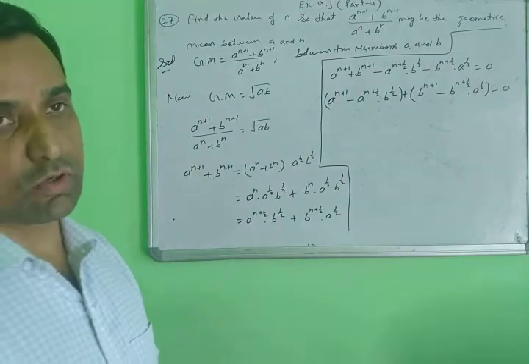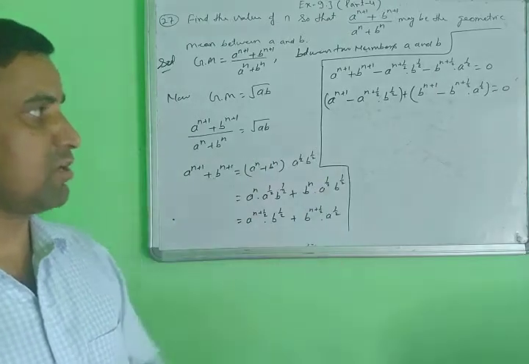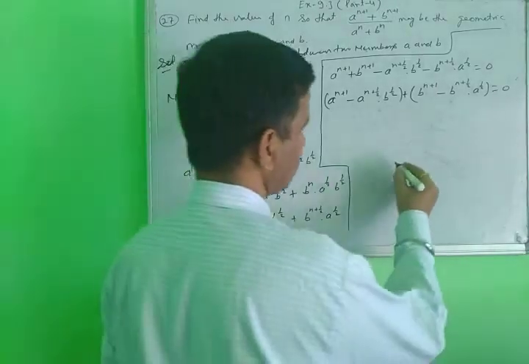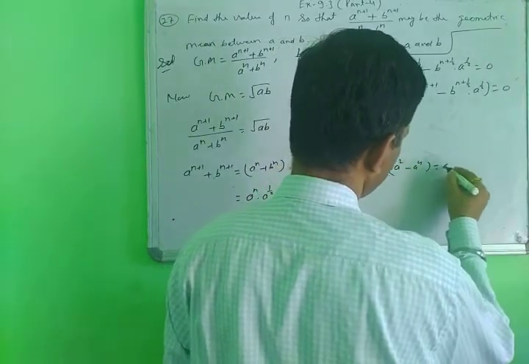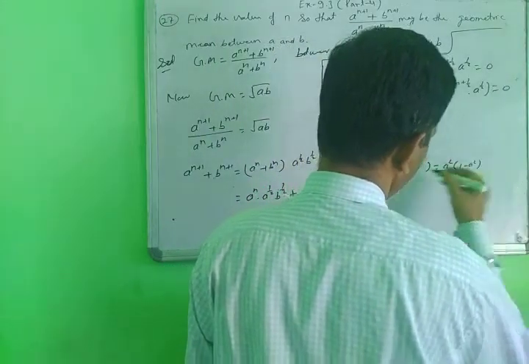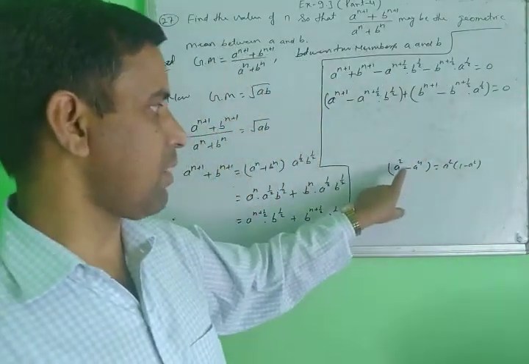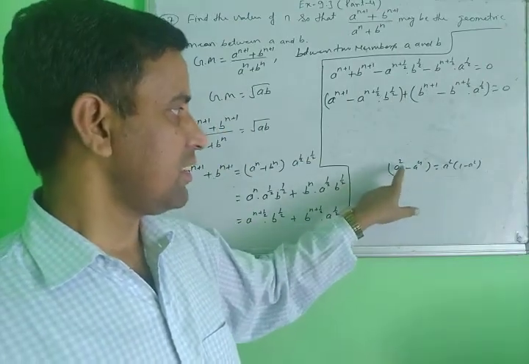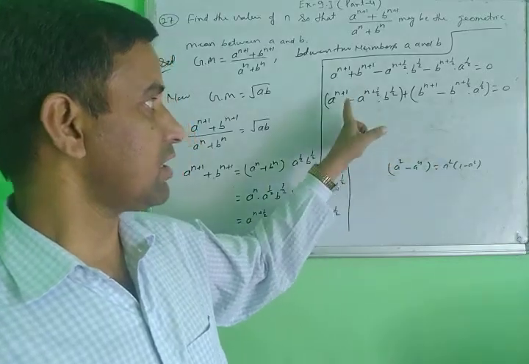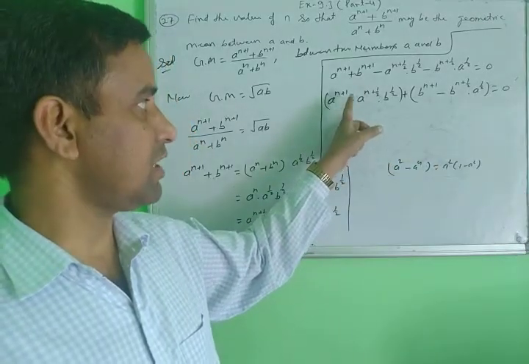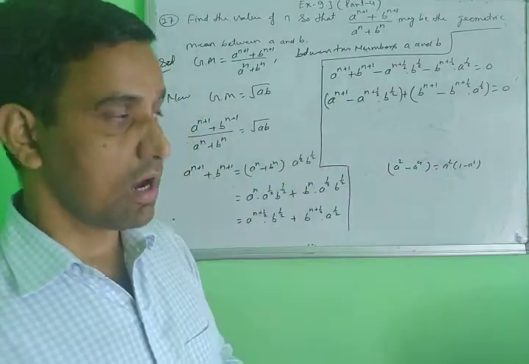What things do you take common here? Here it is not a simple thing. Suppose you have the powers a^2 − a^4, then you can easily take common a^2(1 − a^2). This is a very simple thing. With powers 2 and 4, in integer form, you can easily take common. But here it is not in integer form. Here n plus 1 and n plus half.